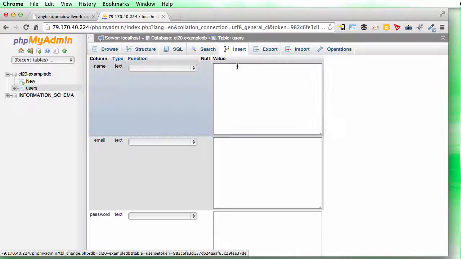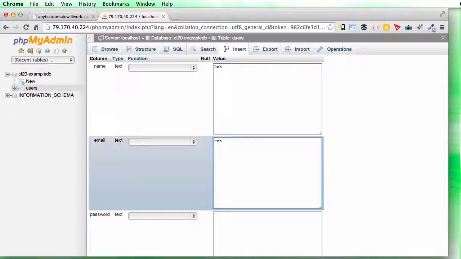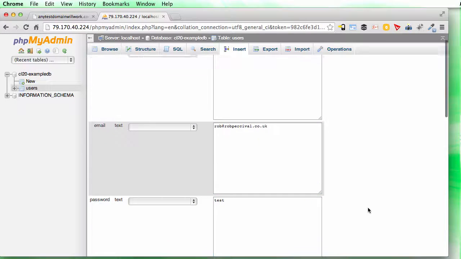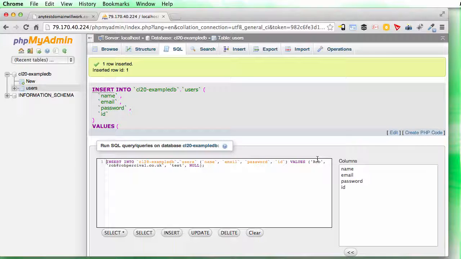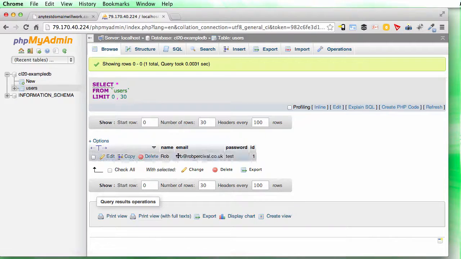So I use the insert button to create a user. His name can be Rob, email can be rob@robpercival.co.uk, password can be test for the moment, and I'll leave the ID blank and it will get automatically generated. Okay, let's have a look. If I go back to browse, I can now see, hopefully this is making it slightly clearer how a database stores its data. We've entered a new user with a name of Rob, email of rob@robpercival.co.uk, and the password and an